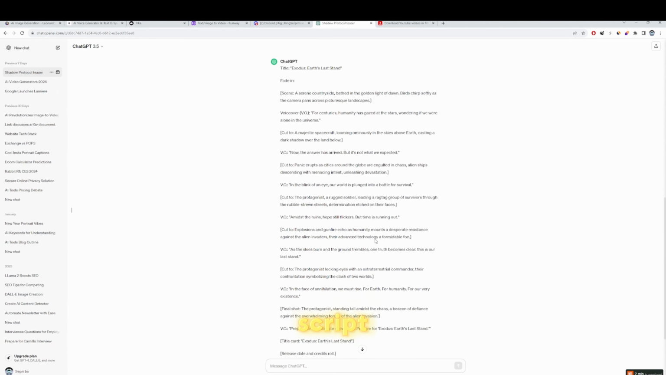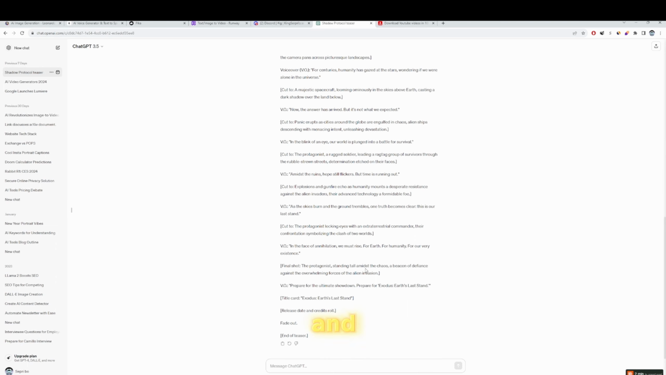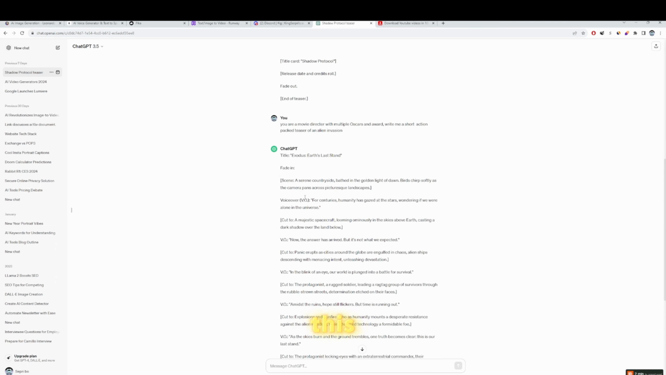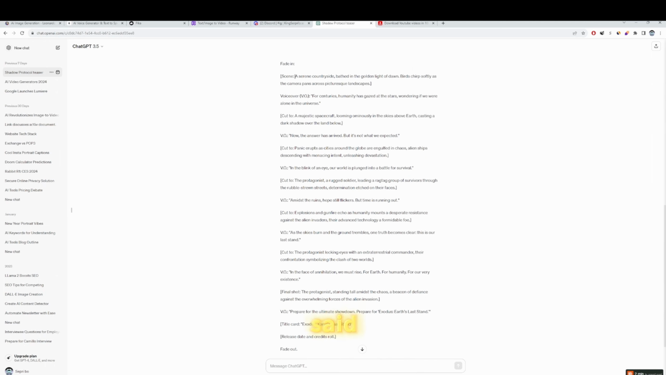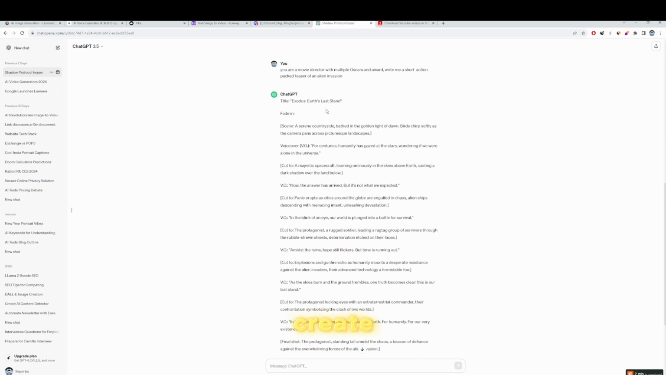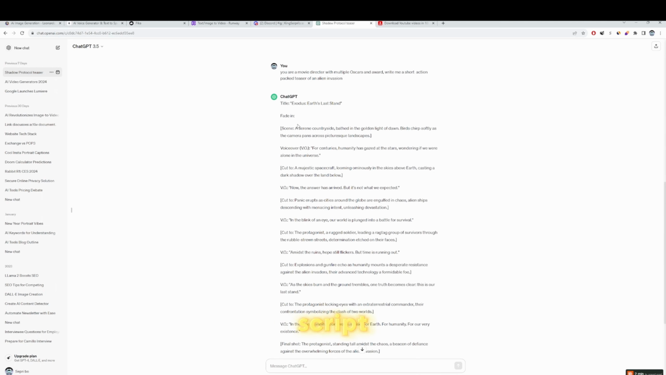So this is the script. And like I said, you want to take the scenes. When you create your own script, it usually would have the scenes and the voiceover all separated for you. So you want to take the scenes, copy it, and then if you're going to use